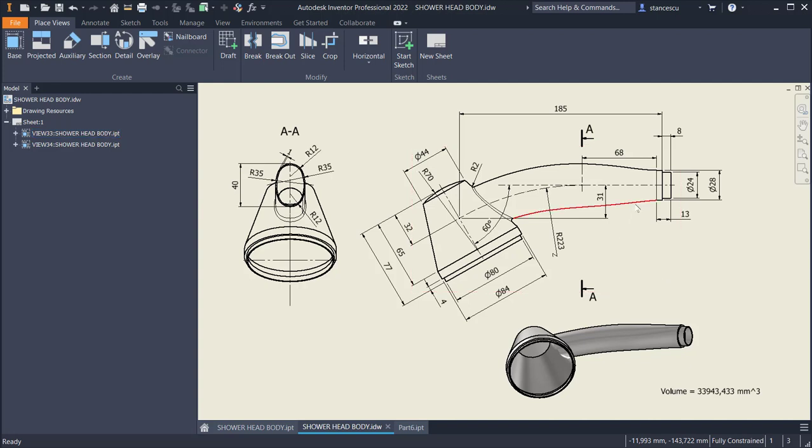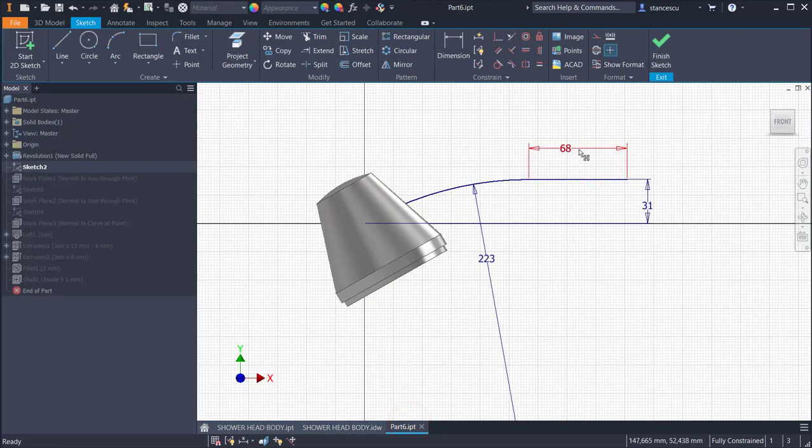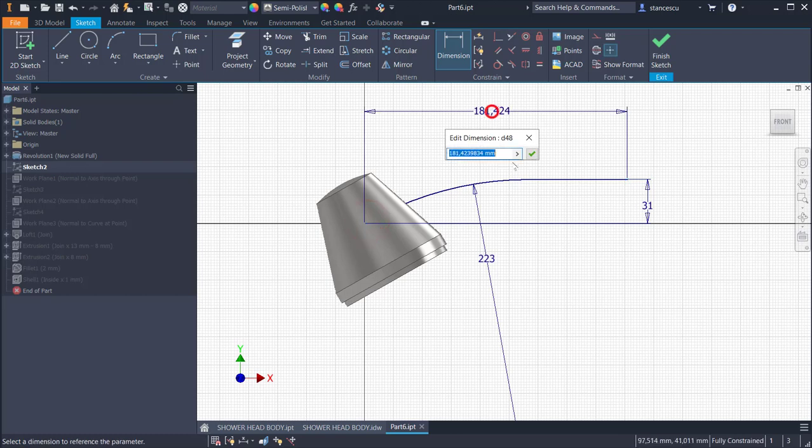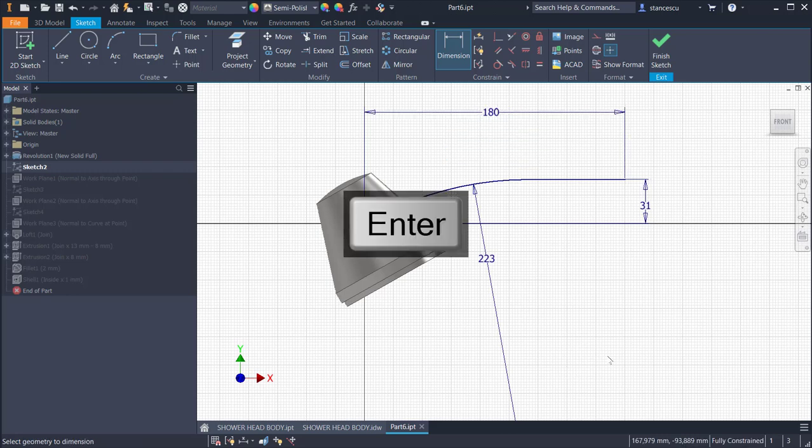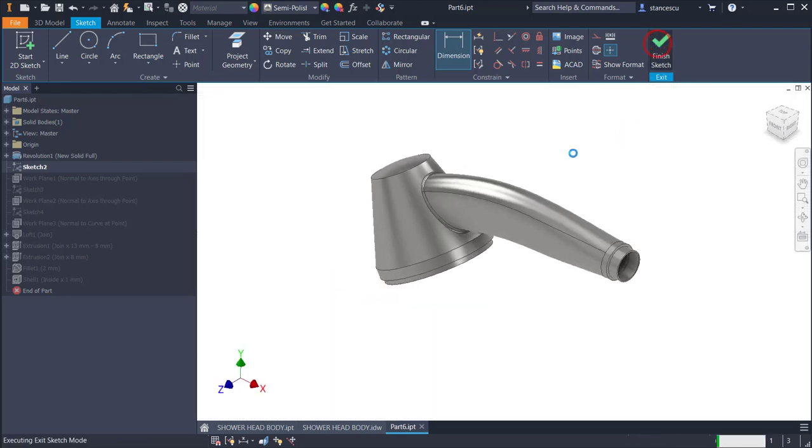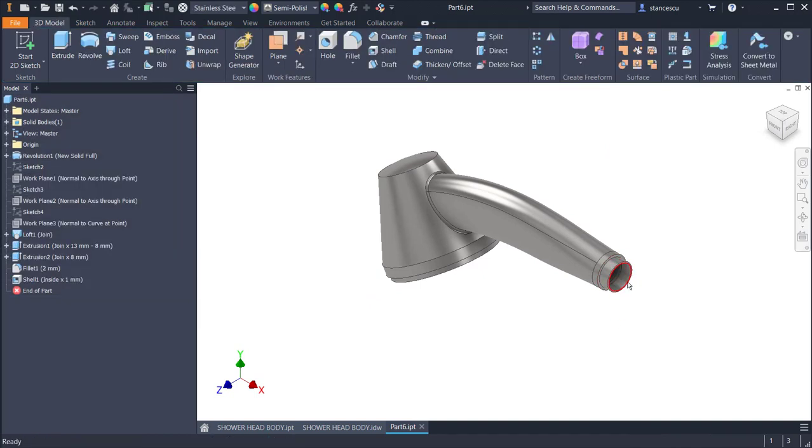so that the dimension is different from this one. This is more than 180. We write here 185 minus 13 plus 8, and we have 180, a round value. Finish sketch. You see the part is shorter,